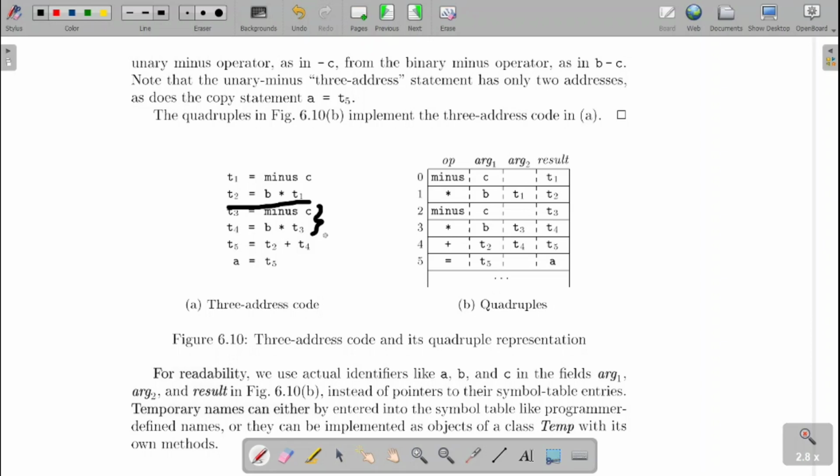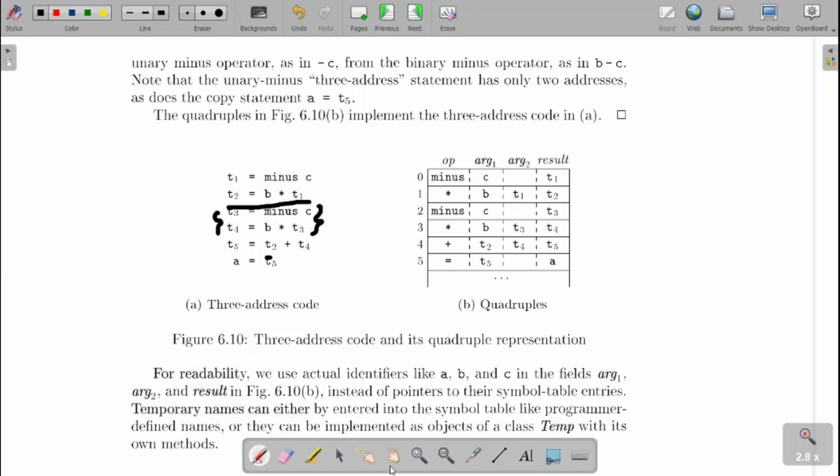Common expressions you can repeat, or if you are willing, you can skip these two and directly write T2 plus T2 here. Even that is also valid. Both are valid representations. And this is how we go for generating the quadruple representation.